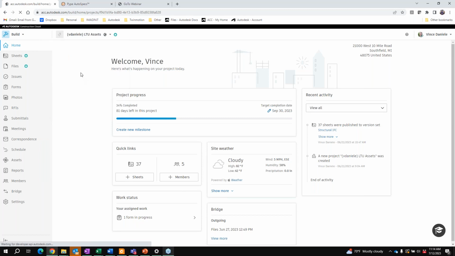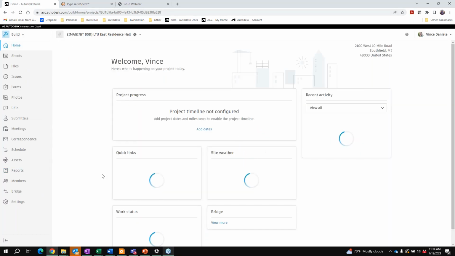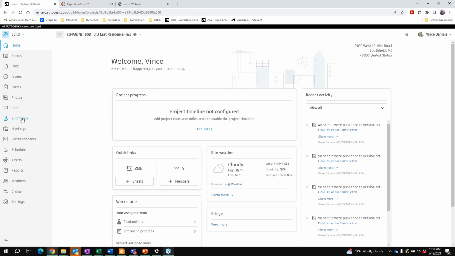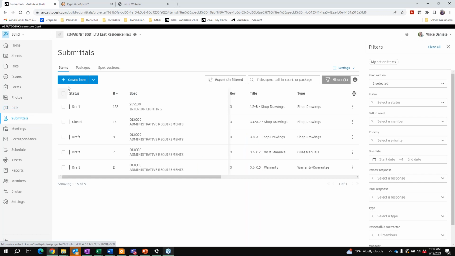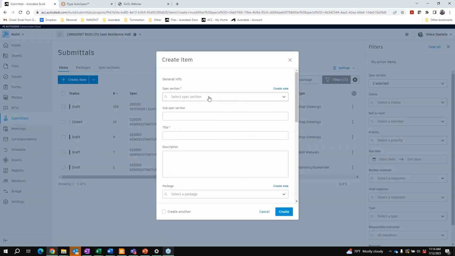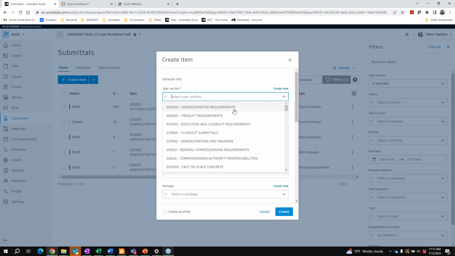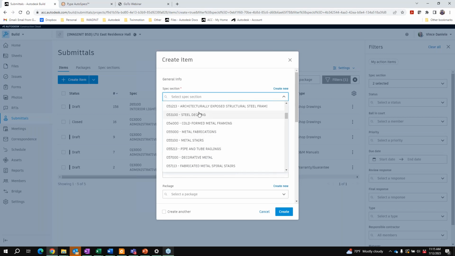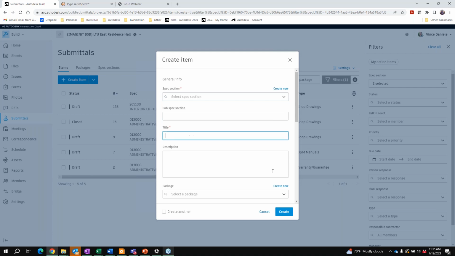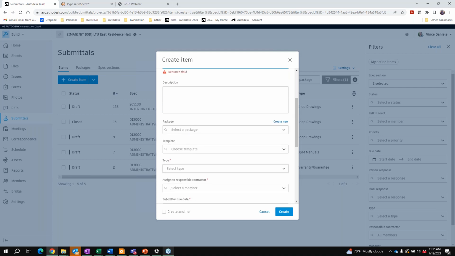Now, obviously, if we don't have Pipe, that's okay too. We just have to manage the submittal creation in really one of two ways. We can either create specific submittals. Now this one, because I imported it from Pipe, it automatically detects all of my spec sections and descriptions that I can choose from to create a new submittal item. We can title them. We can assign what type of submittal that is. And we can choose from our templates if we want to